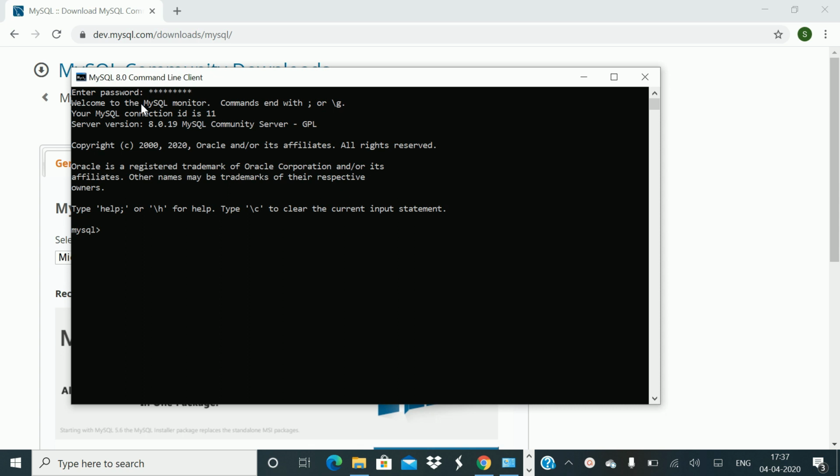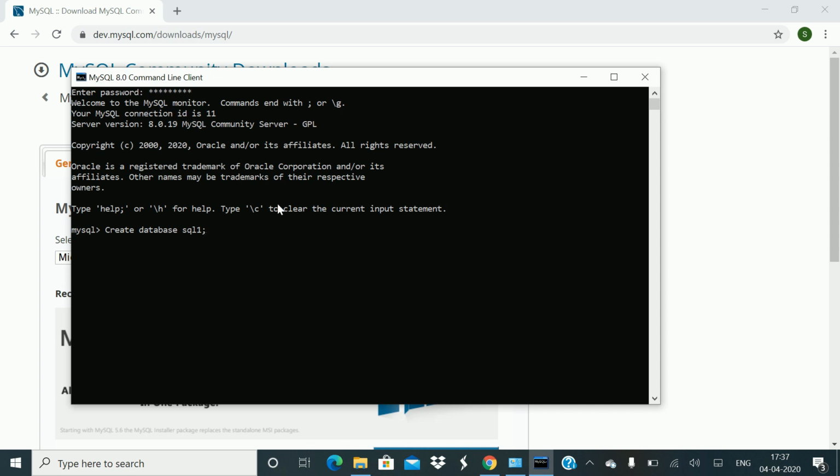Means you can create a table, you can create a database, you can insert rows into a table, you can delete, you can update, you can do everything from here. So let us say first, let me just create a database. The syntax is create database, and you have to give the database name. Let us call it SQL1. Okay, and semicolon. You remember,